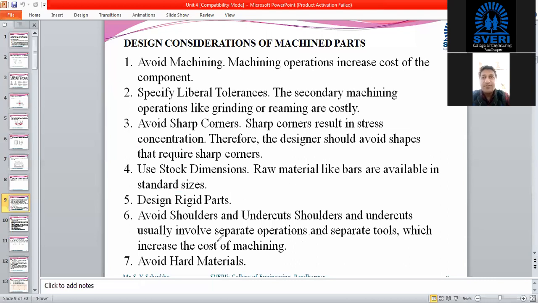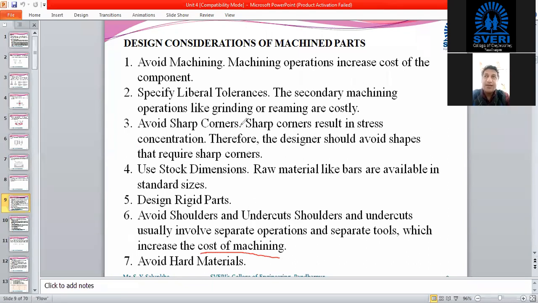Otherwise, facing will create one more operation, then turning operation, then drilling operation, then again reaming operation, then threading operation. These are all operations, and if required, then they require separate tools as well as sometimes separate machines, which will increase the cost of that machining.